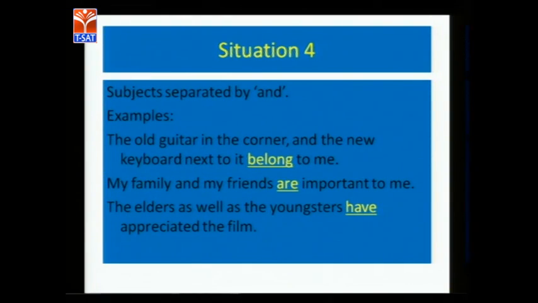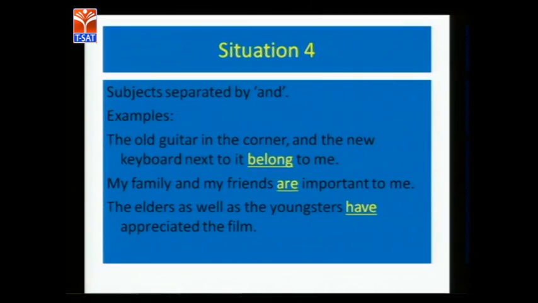Now look at the word family. Your family might be comprising of a lot of members. You know, in the Indian context, usually we have large families. We have our immediate parents and siblings, and then we have the grandparents, uncles, aunts, cousins. So we usually have large families. But no matter how many members are there in your family, when you use the word family, you have to always use the singular verb for the family. Okay? You don't say my family are quite large. You say my family is quite large, or my family is quite big.